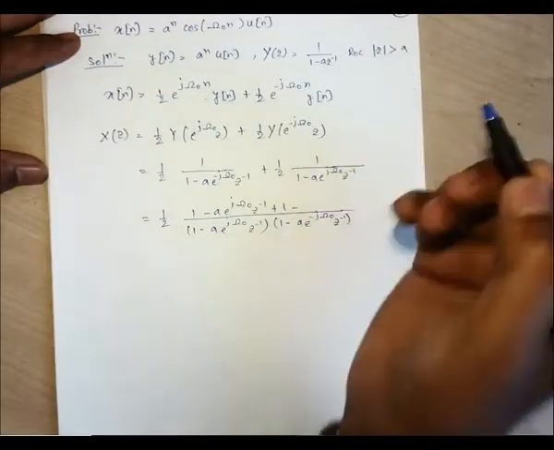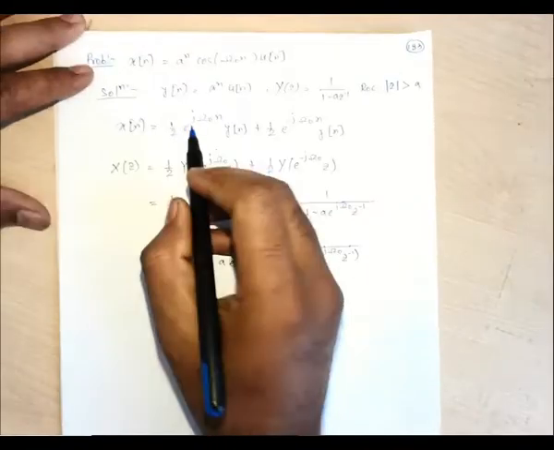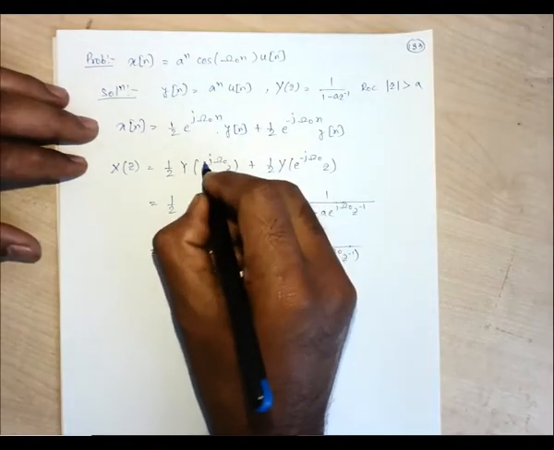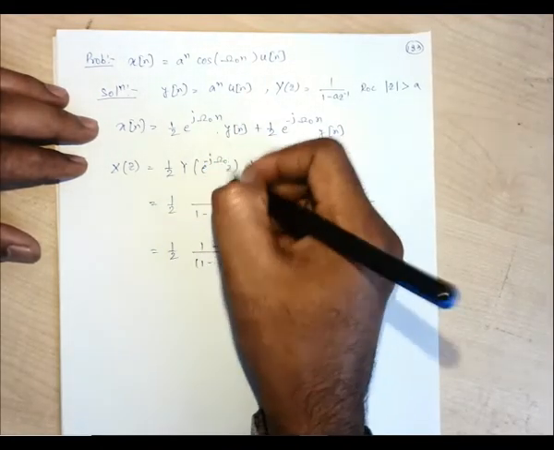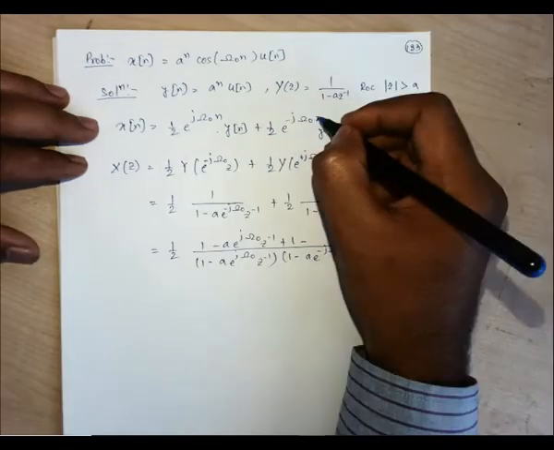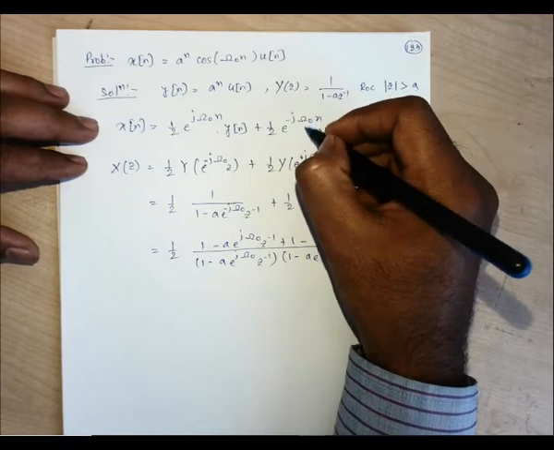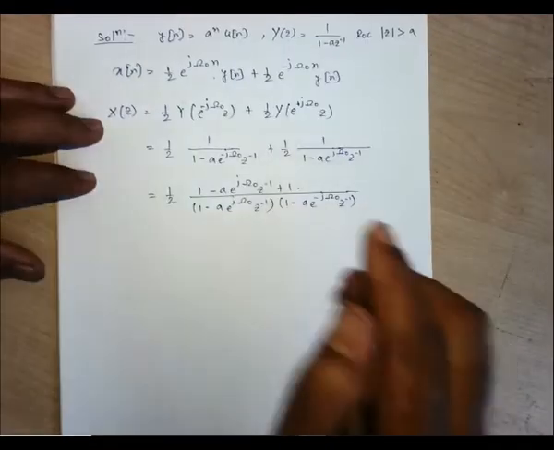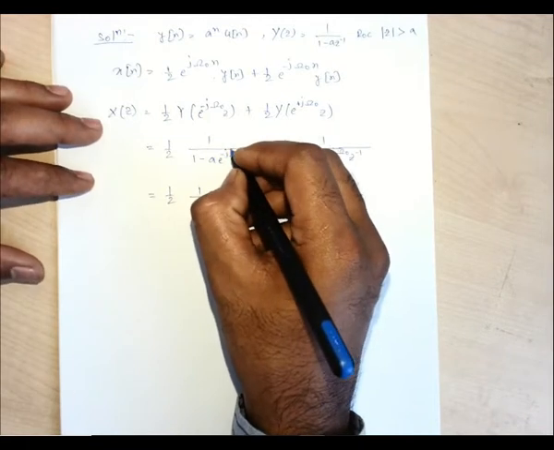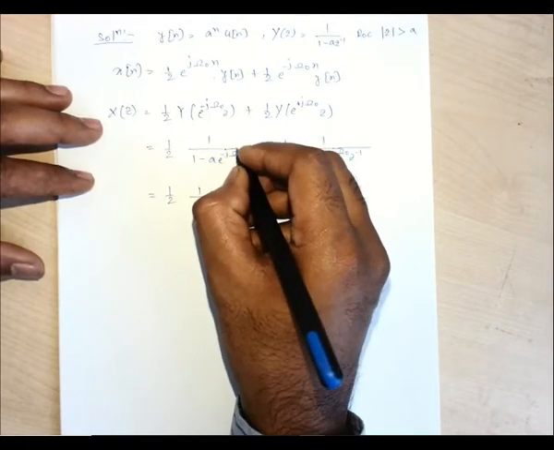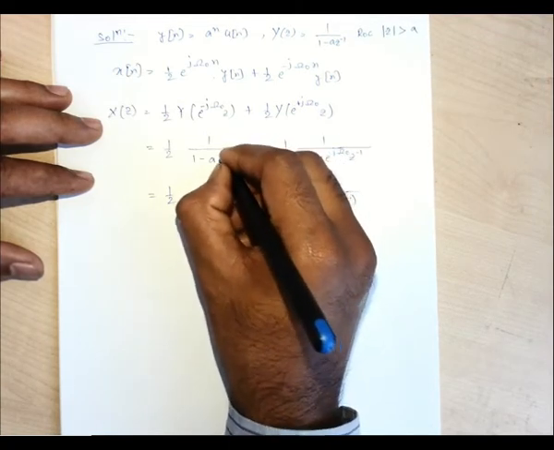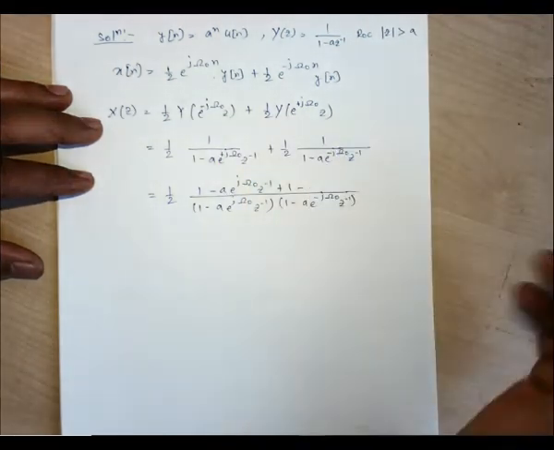Okay, so for this case, that one will become, as we have gone with the Euler's expansion, so this one will become minus, because that's supposed to be z by a. This one will become plus, because it is 1 by a, so it will be z into a. So for this case, it will become a into z inverse. This one will become plus, this one will become minus.